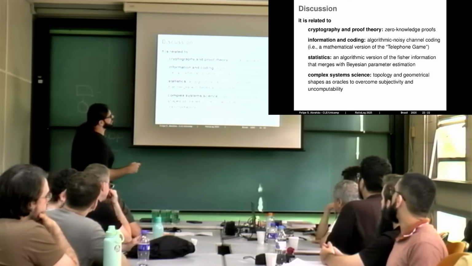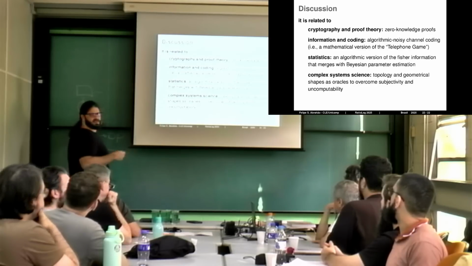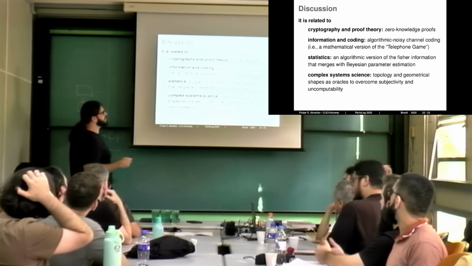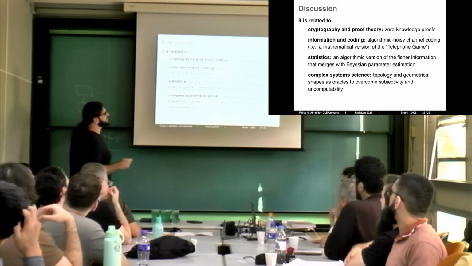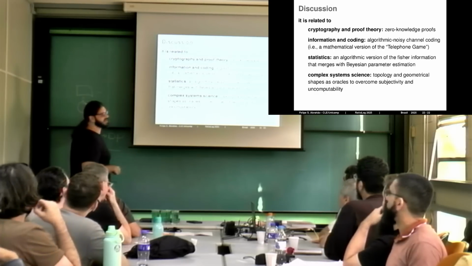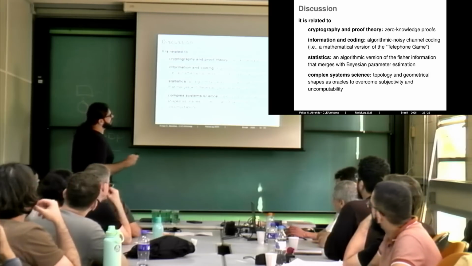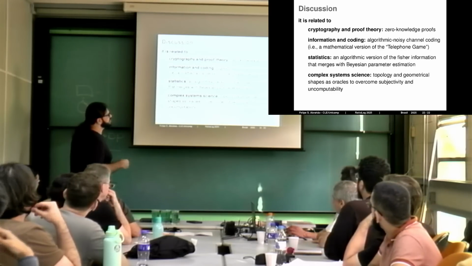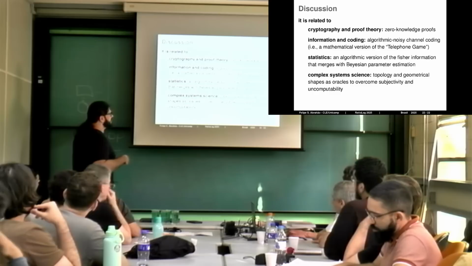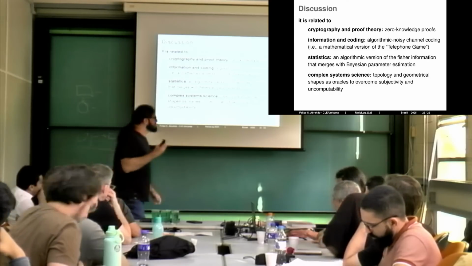It's kind of a mathematical telephone game. I don't know, whisper down the lane. There are many names, but it's a mathematical version of how to universally solve the telephone game mathematically. Statistics was already mentioned: it is related to feature information and complex Bayesian parameter estimation, and of course complex systems,